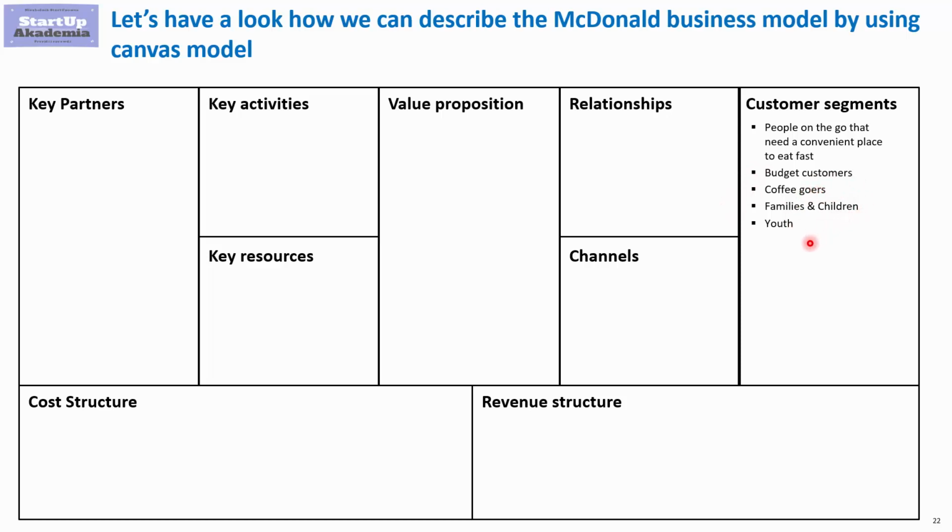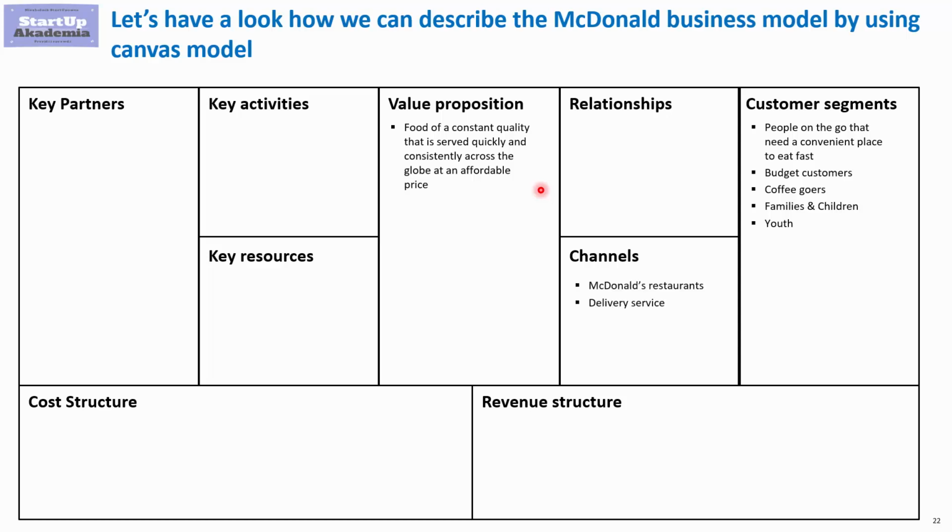Now let's move to the value proposition. Their main value proposition is providing food of constant quality, that is served quickly and consistently across the globe, at an affordable price. This means that wherever you go, you will get a standardized product and the experience will be consistent across the world. There will be obviously some small local differences. For example, Coca-Cola in Europe is not as sweet as in the USA. Also, you will have some additional items on the menu that are popular in a specific country or region.